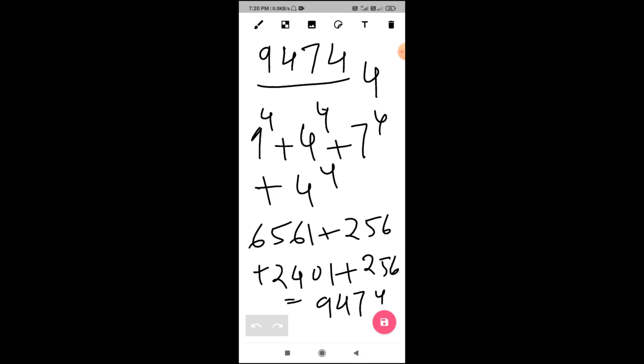So when we summarize these two examples, we can say if there are n digits in any particular number, we raise each digit individually to the power n and calculate the sum of the results, and if the sum is equal to the number, then we can say the number is Armstrong. So in the next part of the video you will see a program in Python language, how you can check that the entered number is Armstrong.